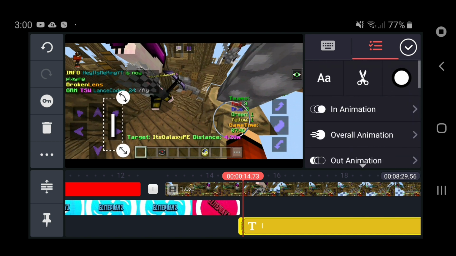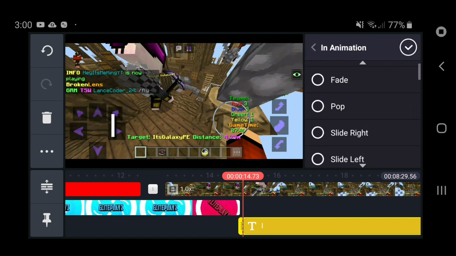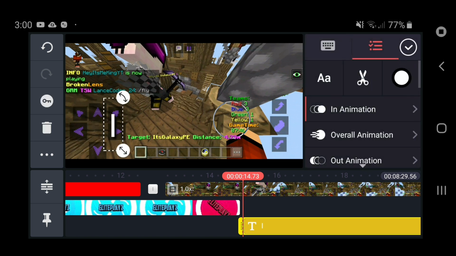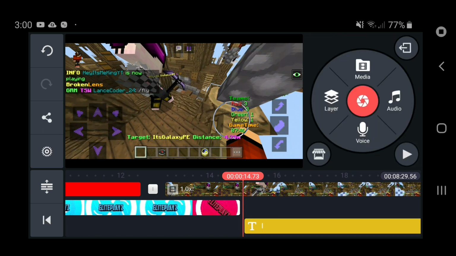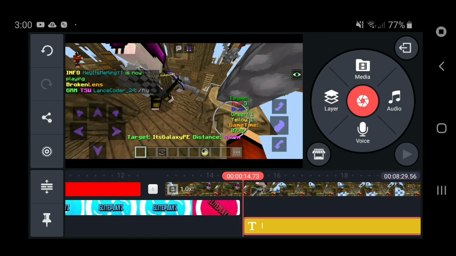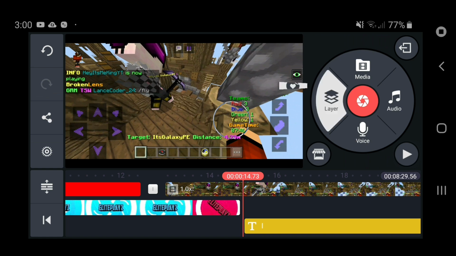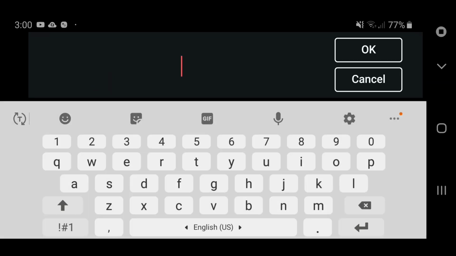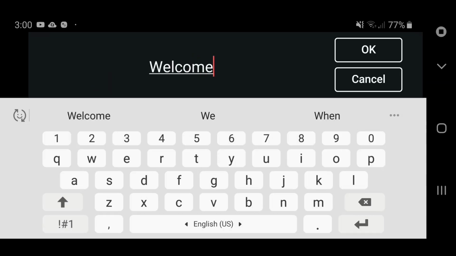And then I just get the in animation, slide right. So that's slide right, and then you can have two smaller texts on the sides of it. So like this one, I'm gonna write welcome guys,